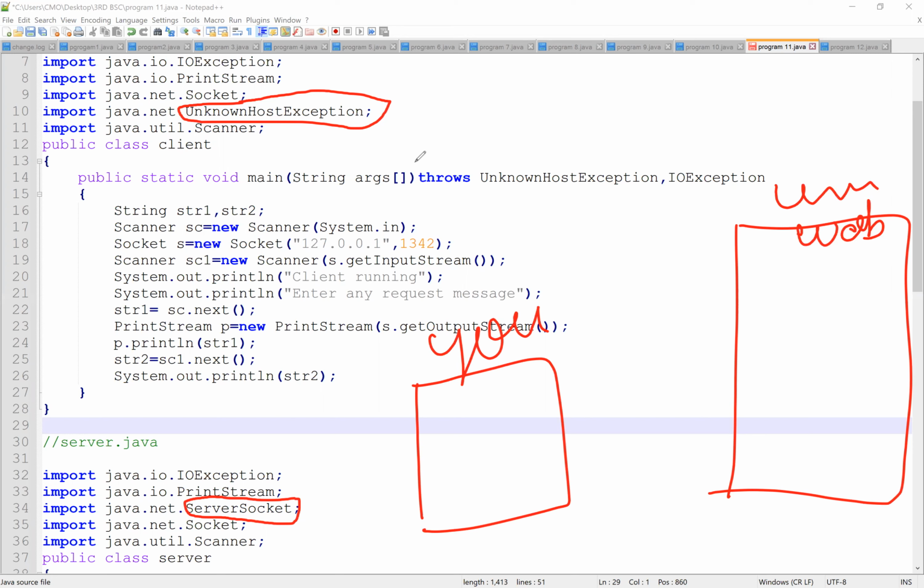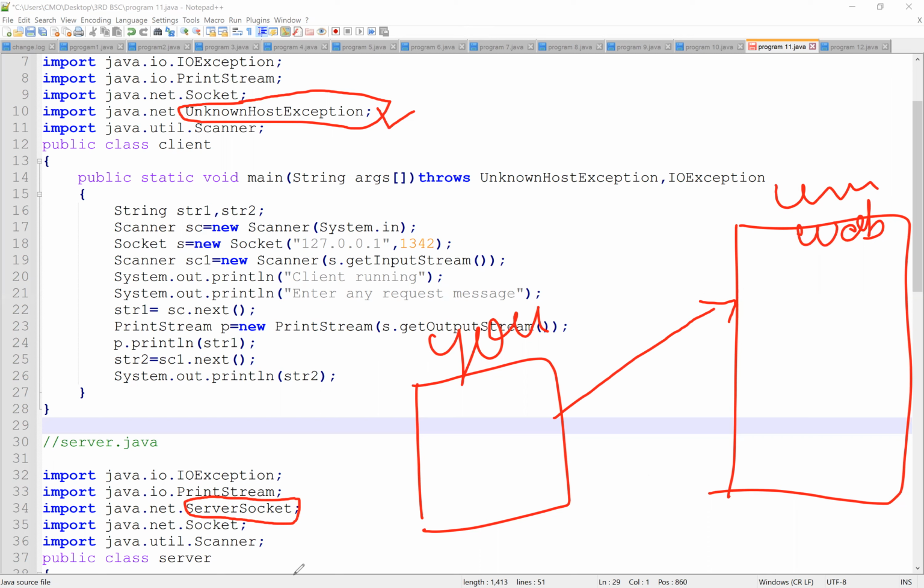If you don't know the website itself, it's not possible to get your result. That's why you need to know your host, that is your server. If you don't know your host, it will be displayed as an unknown host exception. That's why we are using UnknownHostException on the client side.